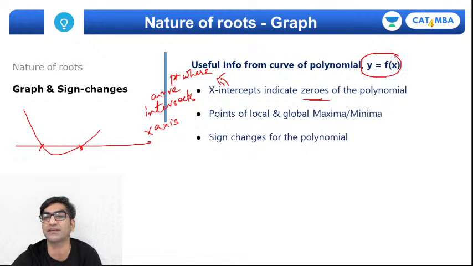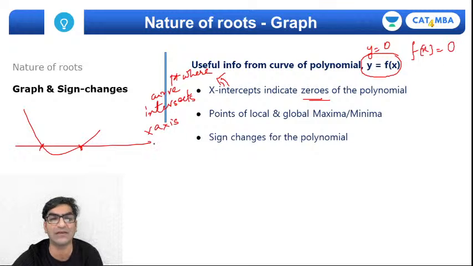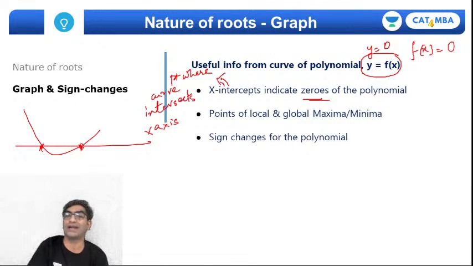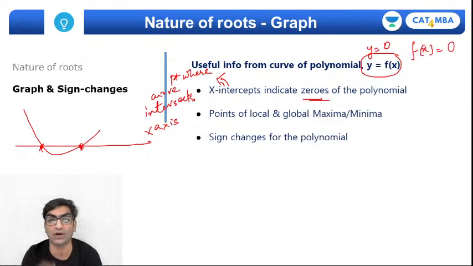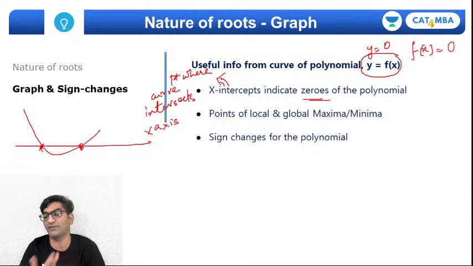Y is equal to f(x). If the curve intersects the x-axis, then y would be 0, which means f(x) is 0, right? So the polynomial itself is 0 at these points, right? Which means for a quadratic equation, that would mean that the quadratic is 0, so it's the root, right? So the x-intercepts are either the zeros of the polynomial, or if it's an equation, then it's probably a root, right? Number one. Number two, the moment you can plot the curve, a glance at the curve will also tell you